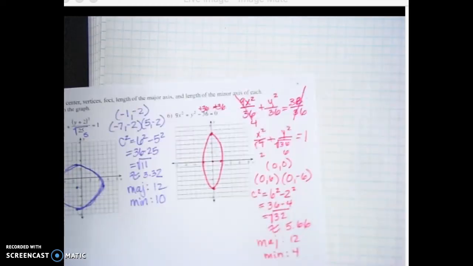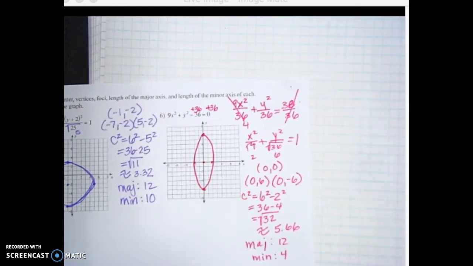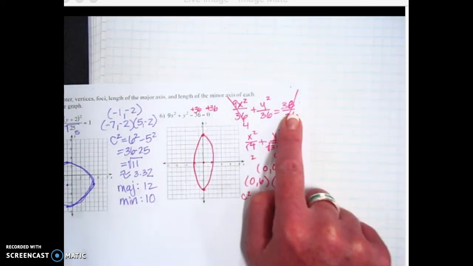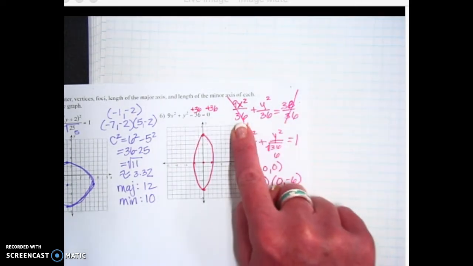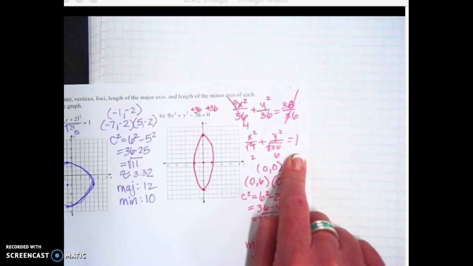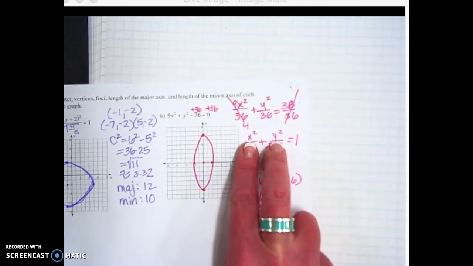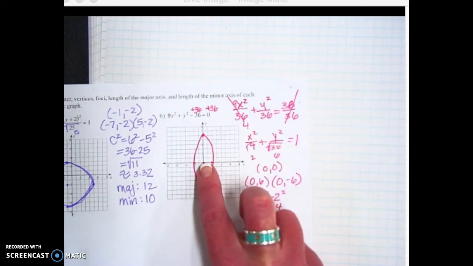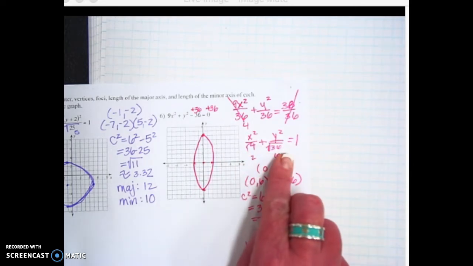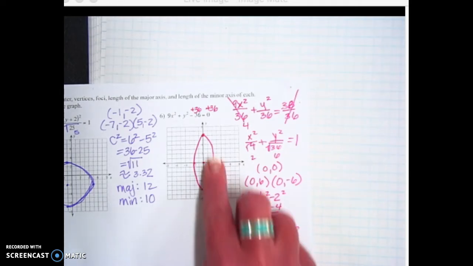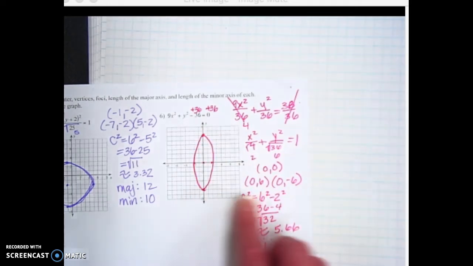Right? For number 6, you want to write it in the correct form first. So start by adding 36 to both sides, and then divide everything by 36 in order to set it equal to 1. Simplify if you can, and then you're going to notice that your center is going to be at 0, 0, because nothing's being added or subtracted. Take the square root, take the square root. So your x stretch is 2 and 2. Your y stretch is 6 and 6, which makes your